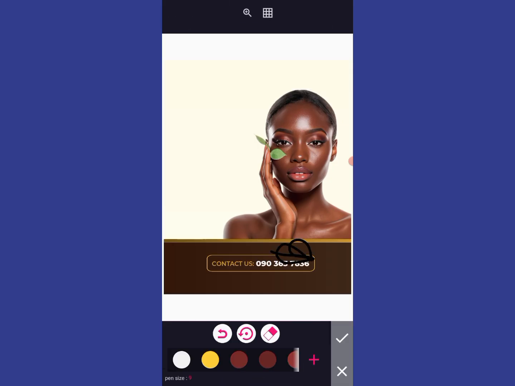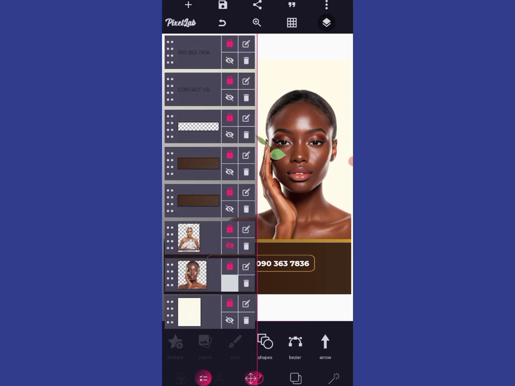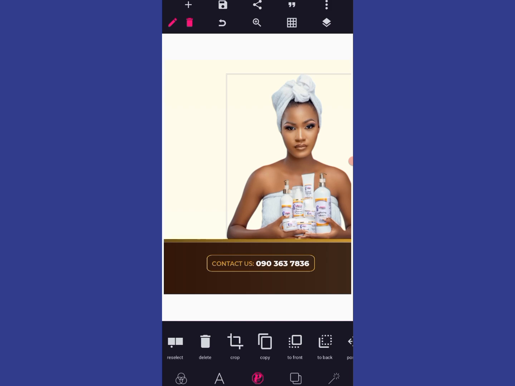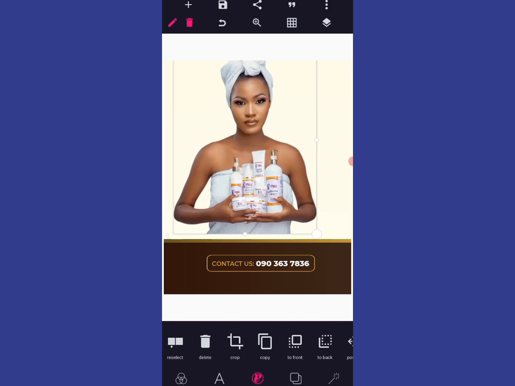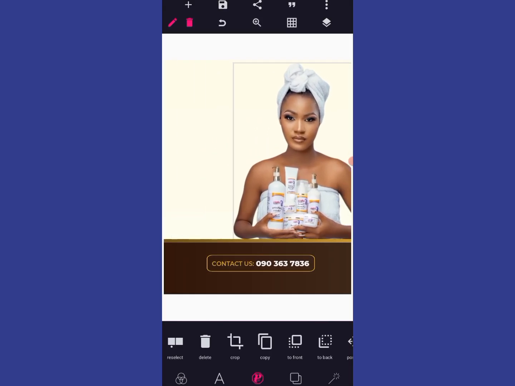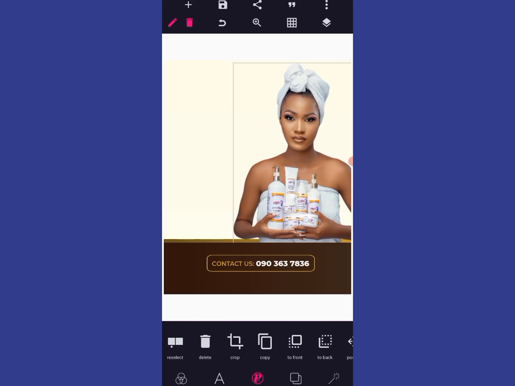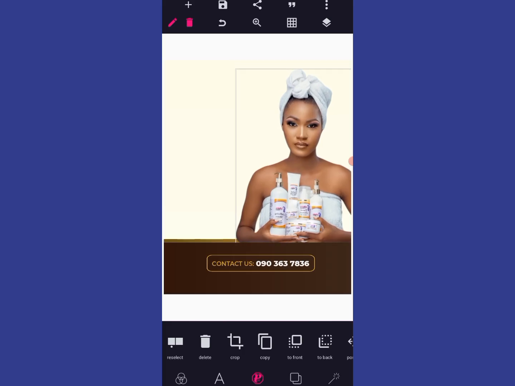Like you can just put the product around here. There can be product, yes, while she's now facing here. But notwithstanding, anyone you want to use. So I don't think I'll use this because I want the product to show. So since I don't have any product right now, I just like the way she holds the product. So it will be best we flip her to the other side and we use this product. So what you're going to do right now is to put her in the middle. It's going to be like this. Yes, so when it's like this,